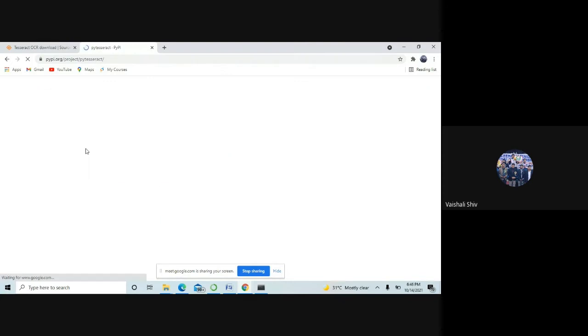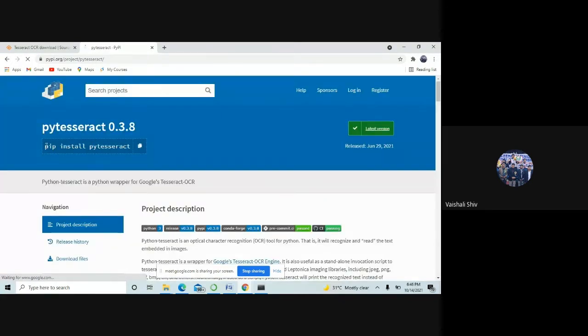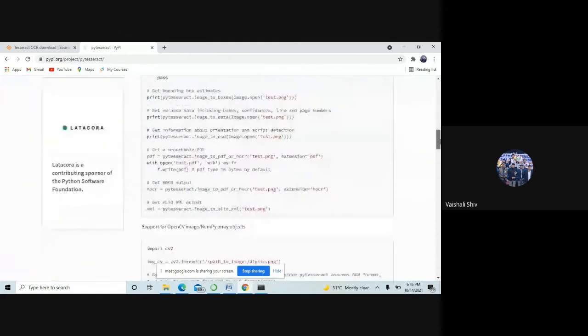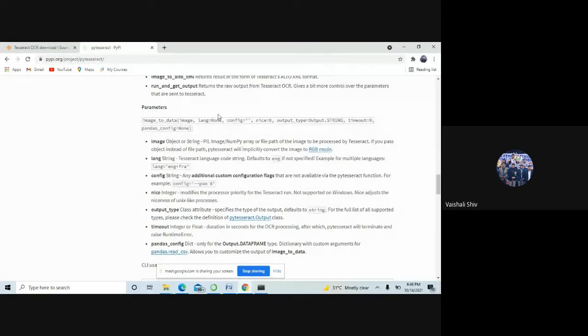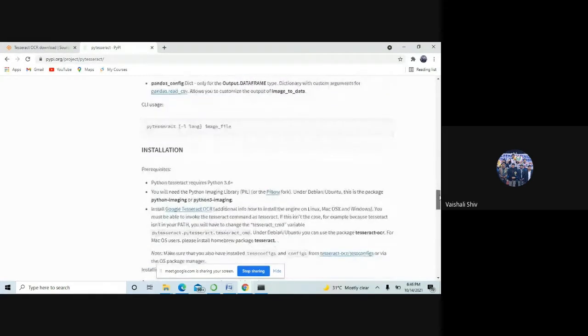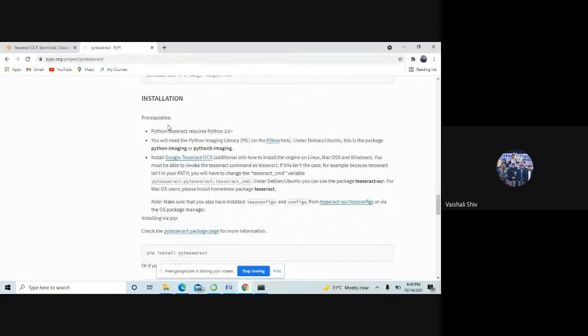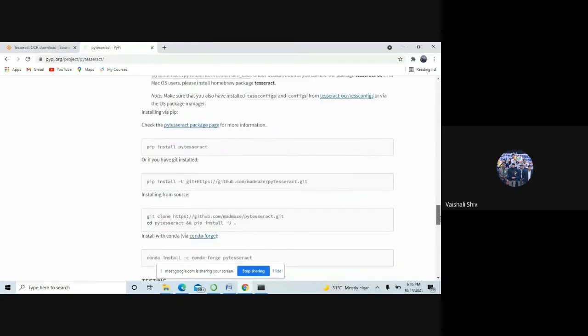Here you can see pip install pytesseract. Here some functionality is also given, what parameters we can give. And for the installation requirement, Python 3.6 is required.